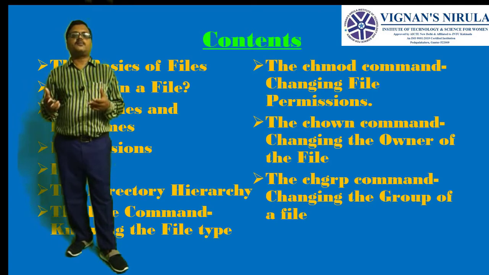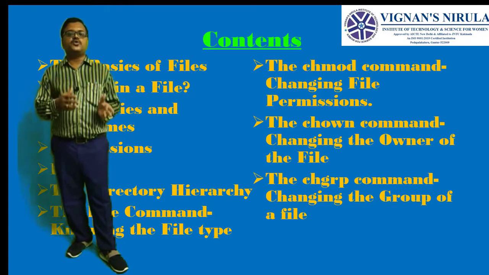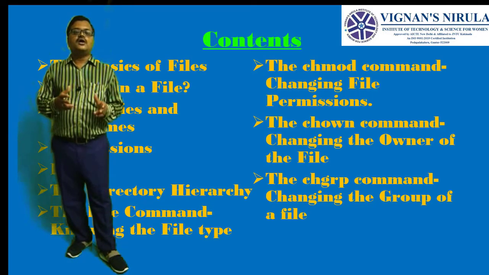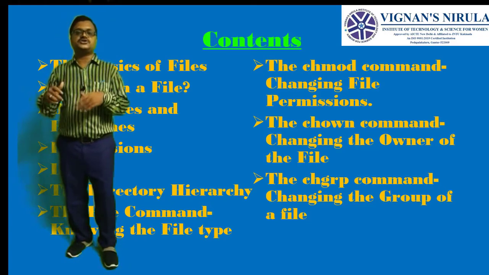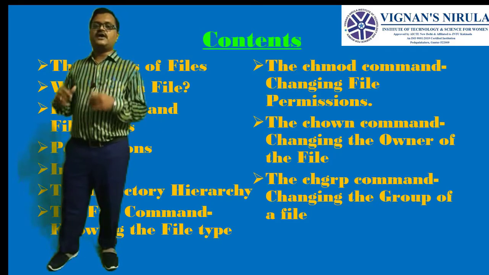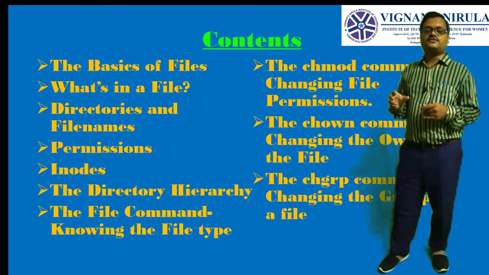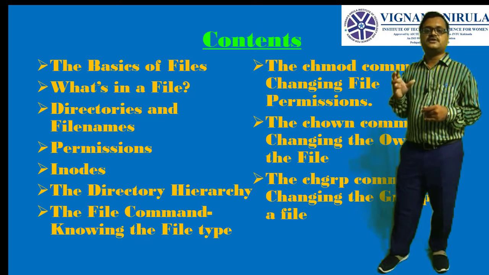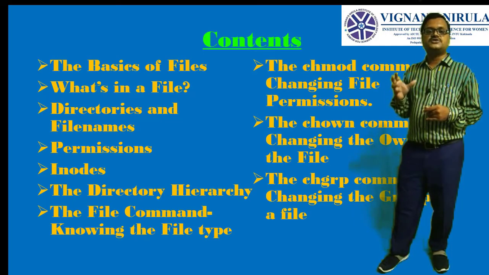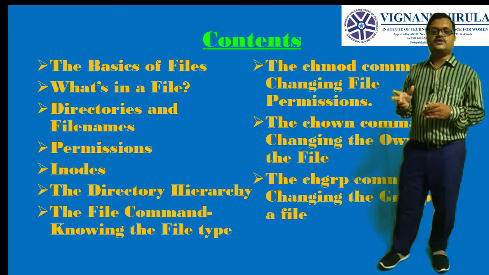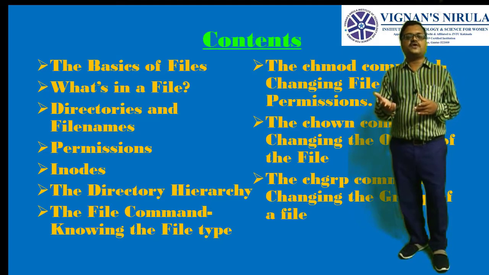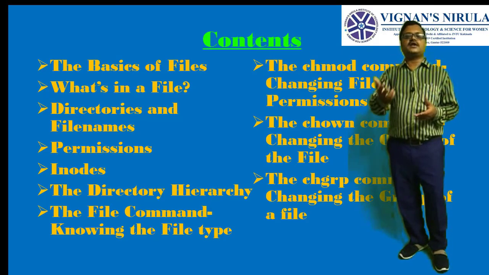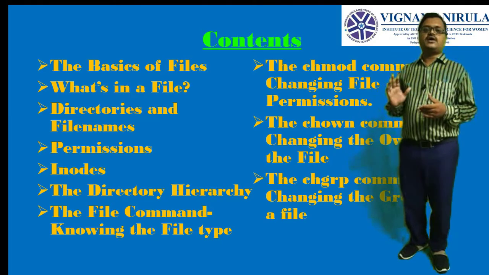Okay, next is the chown command. The difference between chmod and chown is that in chmod only the permissions associated with the file or directory are changed, whereas in chown the owner of the file gets changed. That means who is the owner of the file, and how can we change the ownership associated with a file? The answer is the chown command. Normally it can be done in two ways. Suppose you log in from 18N1805001 to 18N1805002, that means from one login to another login, the owner changes automatically. That is one way.